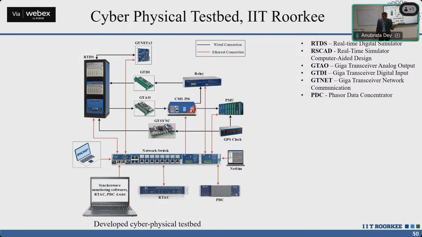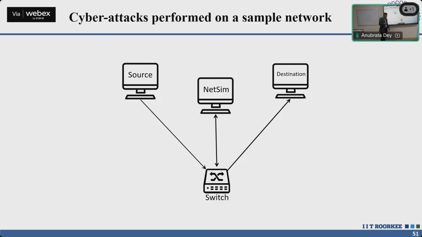So always, an attack can be done on the switch only, right? Now how can the attack be done? What we have done: here we have considered one example. Let's say I want to send the data from source to destination. So obviously I have to send it through a switch, right? Switch is required, and on that switch I am using some software so that I can do some attacks on